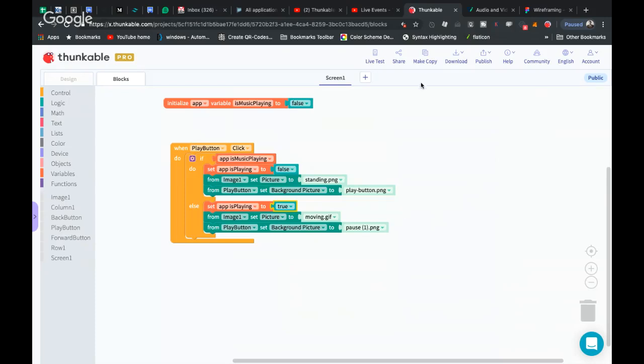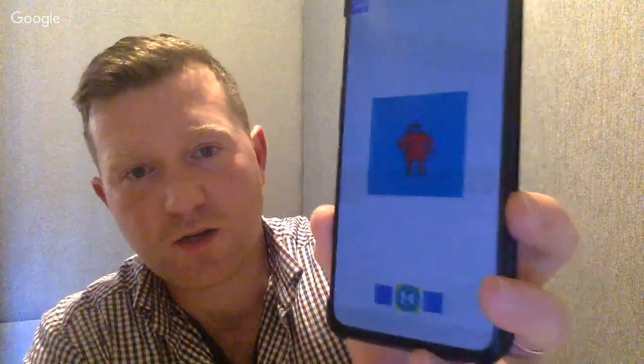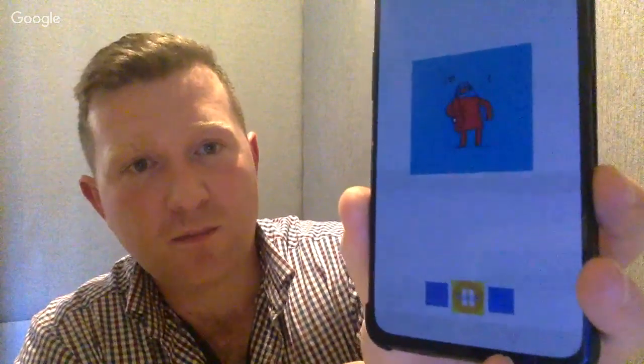All right, let me jump out of the thing there for a second. Actually, isn't this always what happens? Let's turn up the brightness there. Okay, great. So you can see we've got a little stationary character here. And what we're doing is putting in a little animation. So when the music is playing, we've got a little pause button down here. And if I press it, it'll go back to the play button. So obviously I got a small error there in my code, and I don't want to keep it too much longer, but I'm going to do a quick preview of